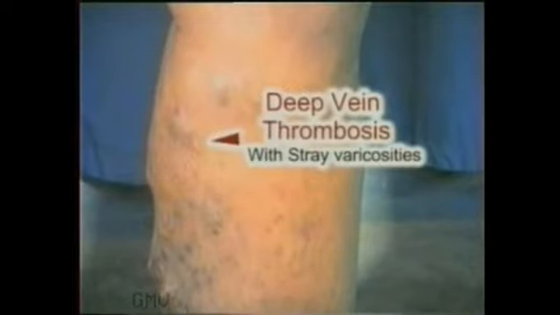Note its typical location over the medial aspect of the lower third of the leg, also termed the gaiter area. Then note the surrounding dark pigmentation and the dilated veins. Varicose ulcer is more commonly seen after deep vein thrombosis and sometimes with primary varicose veins. Deep vein thrombosis damages the walls of the deep veins of the leg, so the blood is pumped into the superficial veins, particularly on the medial side where the perforating veins are situated.